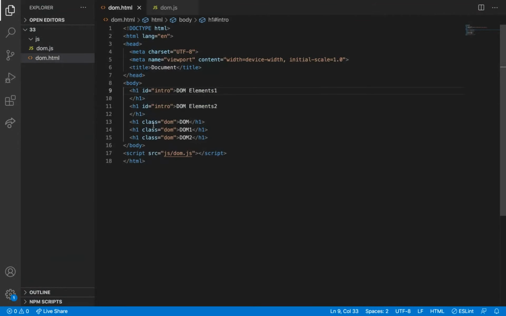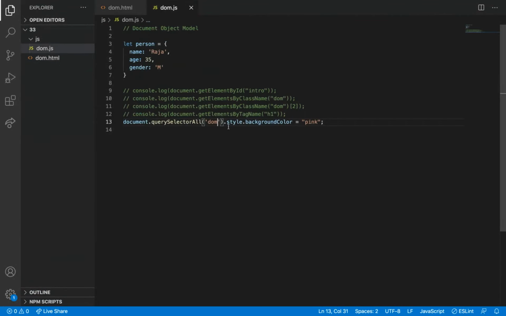Query selector of DOM .style. Okay. We need to give this, otherwise we cannot access this.